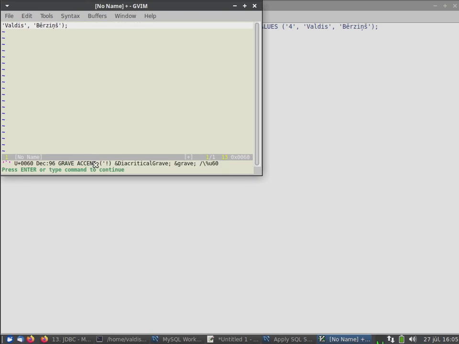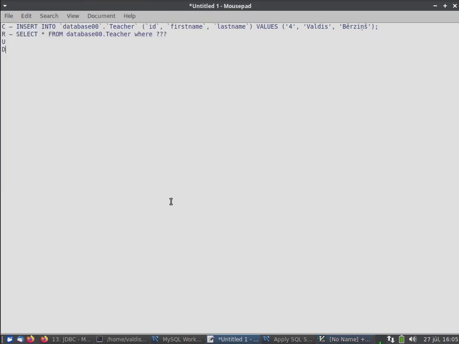Properly called grave accents, or accents, in jargon also backticks. With these backticks as delimiters, if either name of database or name of field or table contains spaces, it still works. It very ceremonially also shows a list of orders in which fields you will need to insert data, like identifier, ID, first name, last name, and then actual values. And also this number here is wrapped up in single quotes, apostrophes, even though for numbers it's not required. So it's very ceremonial,